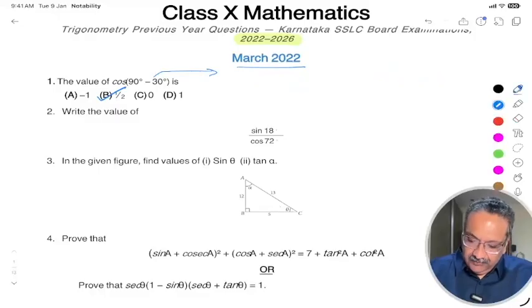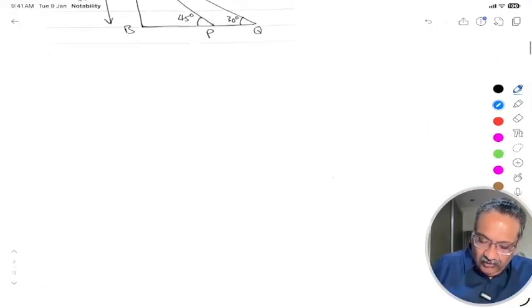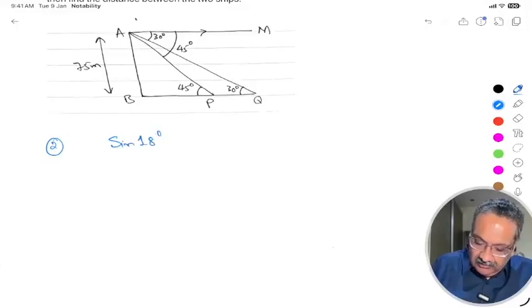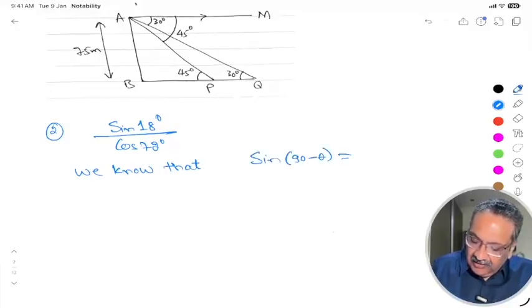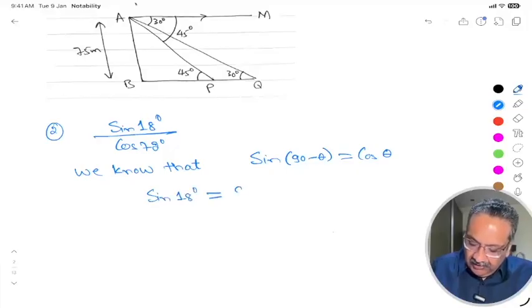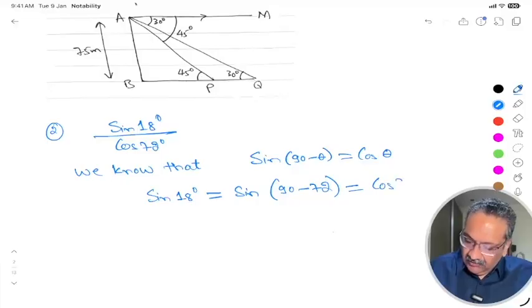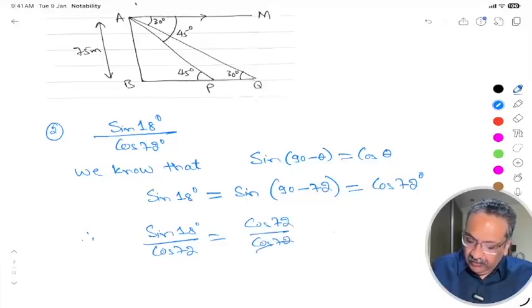Okay. Next question: write the value of sin 18 by cos 72. Okay. We know that, see, we have to use the formula here. We know that sin 90 minus theta is equal to cos theta. Okay, so I can write, see, sin 18 degrees is nothing but sin 90 minus 72. All right, so this is nothing but cos of 72 degrees. Therefore sin 18 degrees by cos 72 will be nothing but cos 72 divided by cos 72, which will be